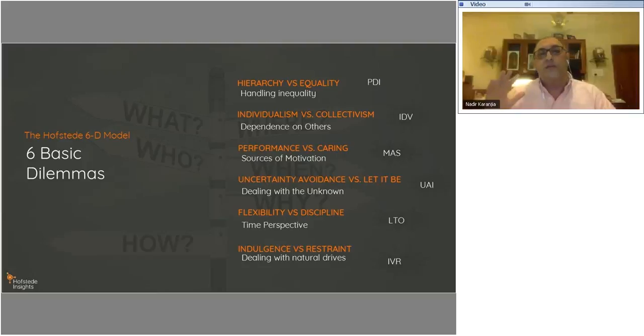One is whether the person or the mindset is more individualist or depends on others for its definition of life, for support, for loyalty, etc. Then there is masculinity, performance and caring, versus a gentler approach. Then uncertainty avoidance, which is dealing with ambiguity or the unknown and functioning within that environment,